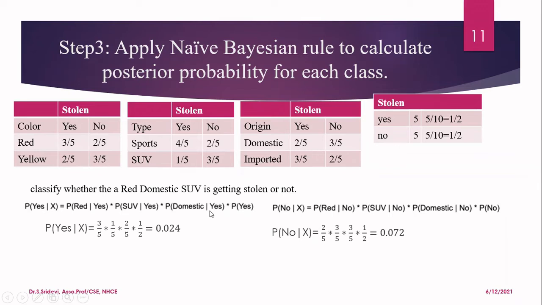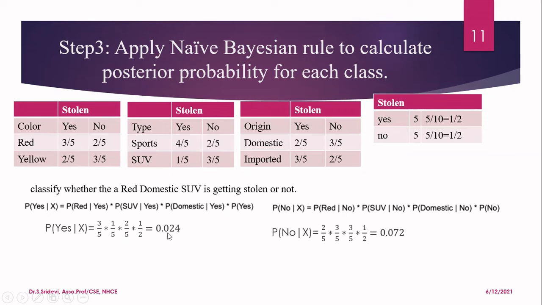Then probability of domestic given S. So go and check in origin. When the origin is domestic, what is the probability that the car is stolen? It is 2/5. So I am substituting 2/5. Then what is this probability of S? This is obtained only from your class table. In the class table, we have the class probability. That is, for every class in our outcome, we have calculated the probability. Here we are now dealing with the probability of the class S. So see what is the probability of S? It is 1/2. So substitute 1/2. Now we have considered the entire set of attributes along with our class probability. Now this is nothing but the probability of getting the outcome as S for this particular instance X.